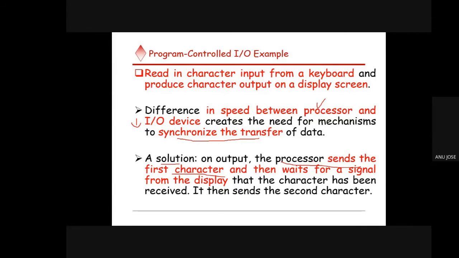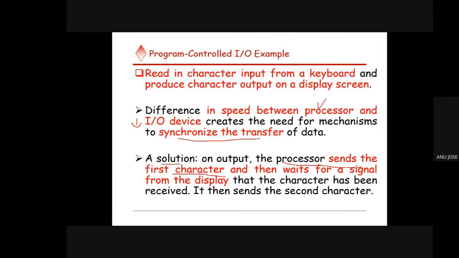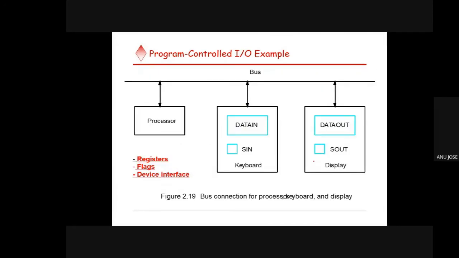So that was one way, an acknowledgement scheme. The first character is sent to the output device. The device gives a signal that it has already got the first character, and acknowledges back to the processor that it received it. Then the processor will send the second character. So that way it was proceeding, but still there is a loss of processor speed, and it will affect the processor efficiency. So we come up with a buffer scheme. This is what I have told you.